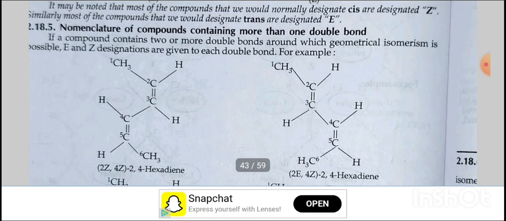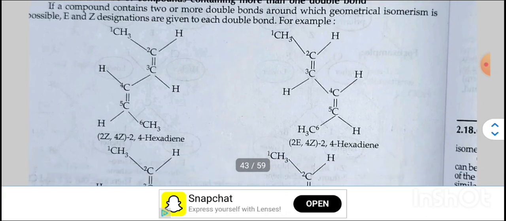Nomenclature of compounds containing more than one double bond. If a compound contains two or more double bonds around which geometrical isomerism is possible, the E or Z designation is given to each double bond. For example,